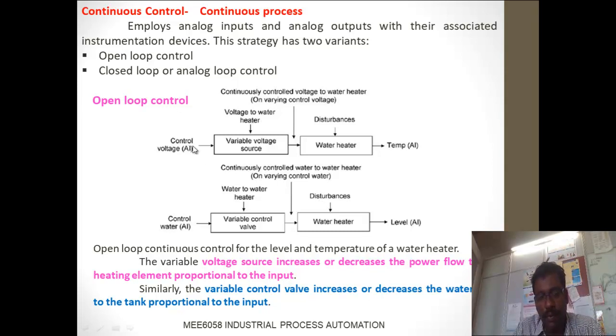If we take the on-off controller, that is a discrete controller, which is on or off. If we come into the continuous controller, we have to vary the voltage from 0 to 5 volts, and depending upon the voltage, we can control the water heater. For example, if we take 0 to 2 volts, it switches on the water heater, whether it's 0 or 1 or 2. If it goes from 2 to 5, such as 2.5, 3, 4, 4.5, it switches off